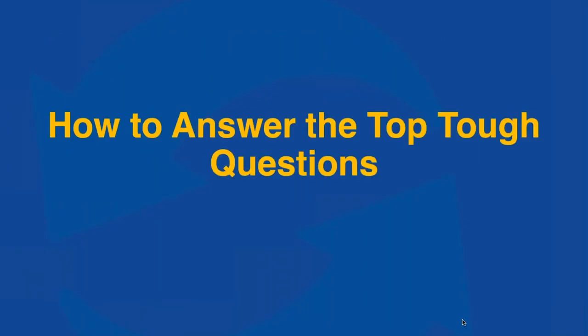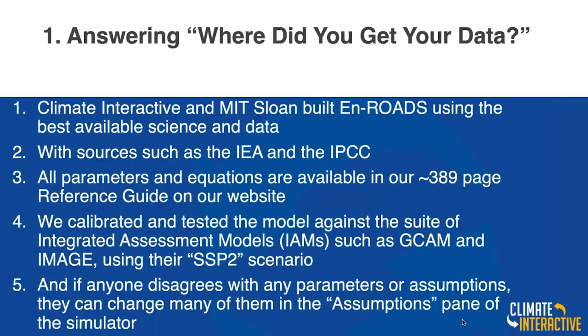All right, so I just wanted, in the context of showing you more about what we're going to teach in the workshop in the later trainings, how to answer some of the top questions. There's one thing that I would recommend that you memorize, and I do use it when we have the full version of the workshop. Somebody early on will ask you this question: where did you get your data? You could get ahead of the game and answer this question when you show the model the first time, but it is the only thing you need to memorize. And it is these 5 points.